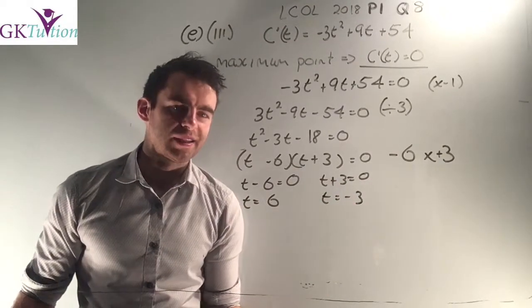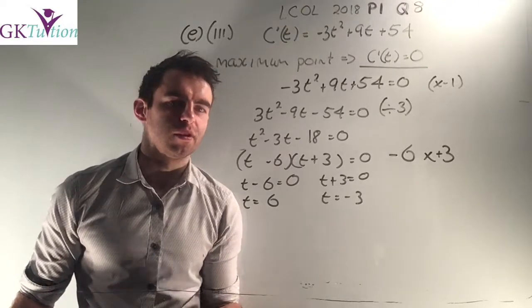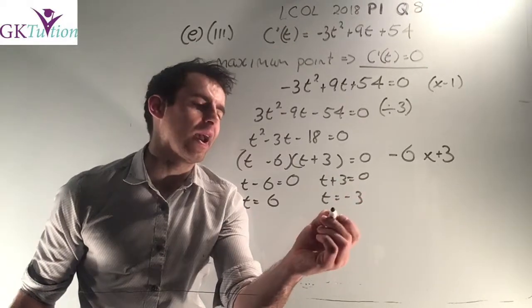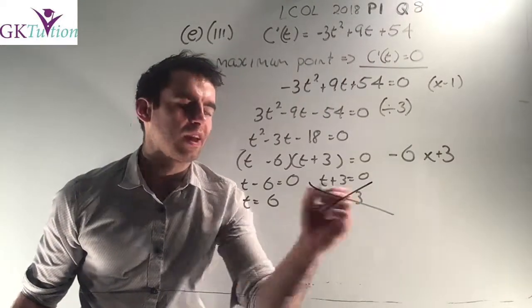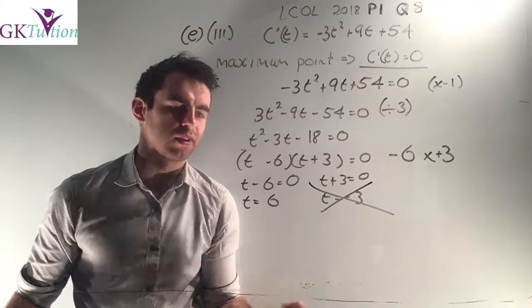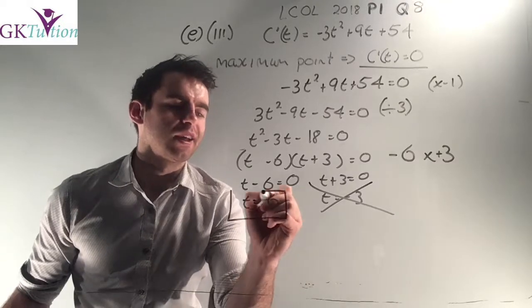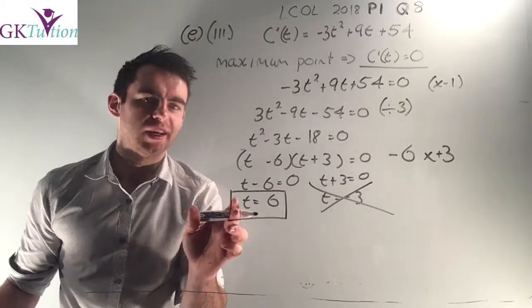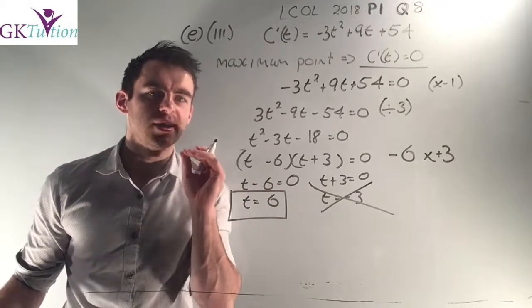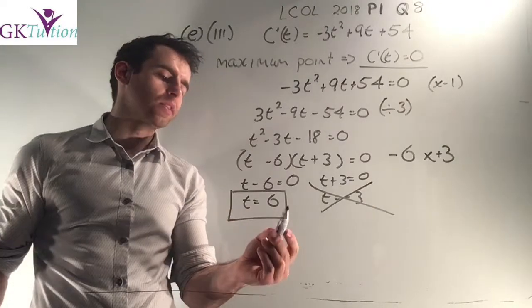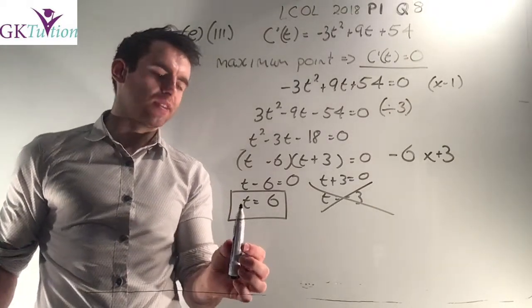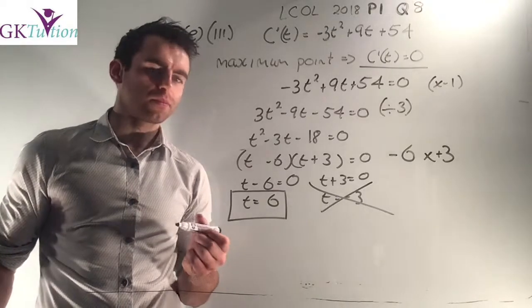Now it doesn't make sense to say that the amount of drug will be at a maximum 3 hours before you take the drug. So it doesn't make sense to have a negative value there, so I can ignore it. I now know that 6 hours after I take the drug, that is when the amount of drug in the bloodstream will peak. So I know the maximum point is 6 hours after I've taken the drug,